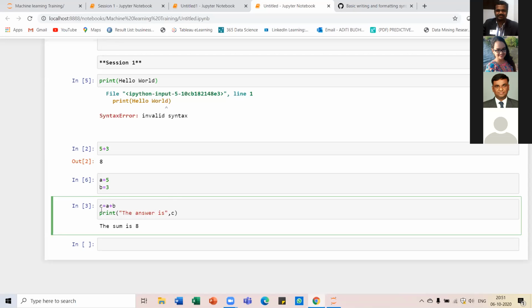So I want the value of C to be printed because that is my addition, the sum. So I'll just write this and run. You will see that the string along with your variable value is given as the output.